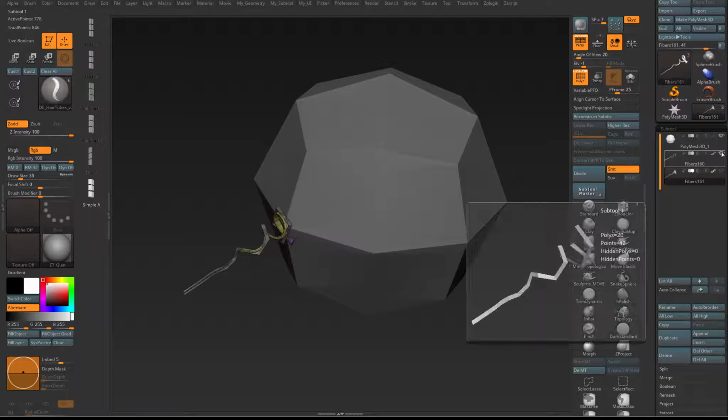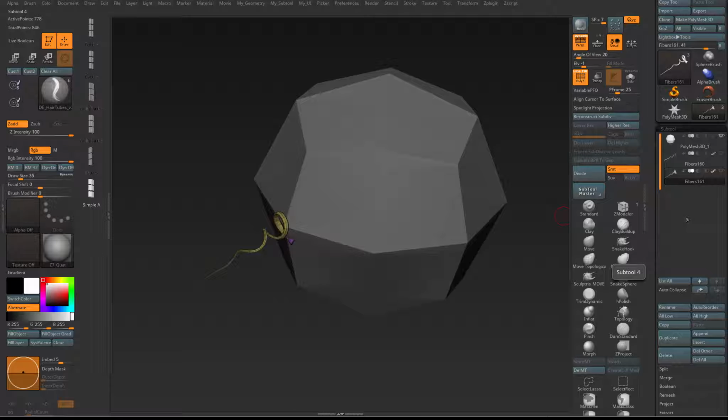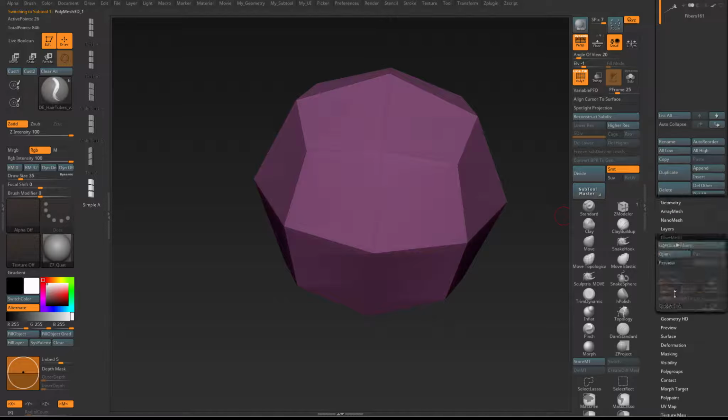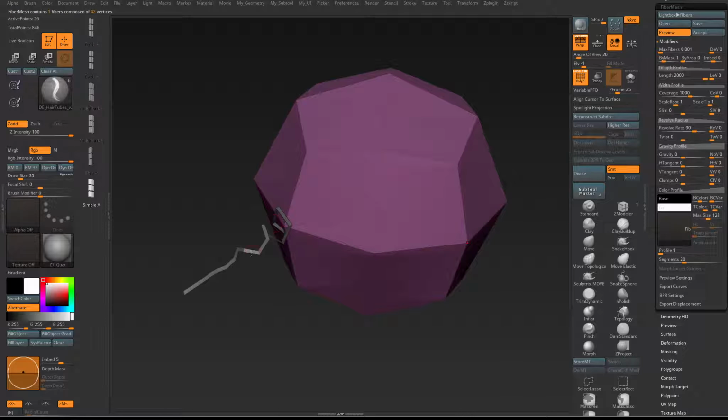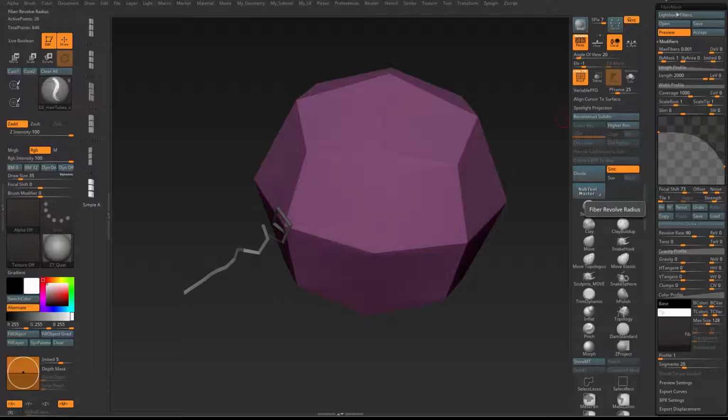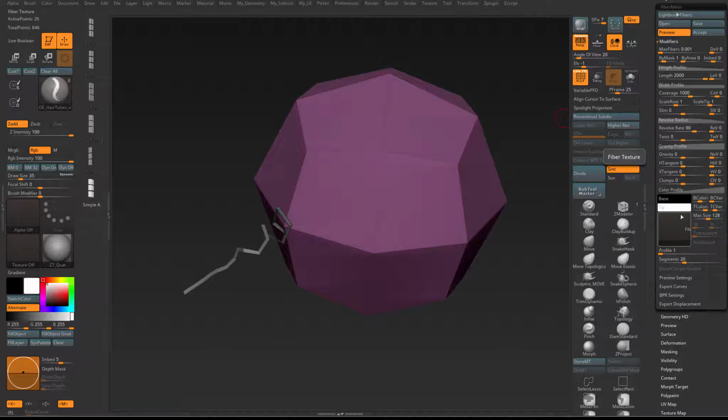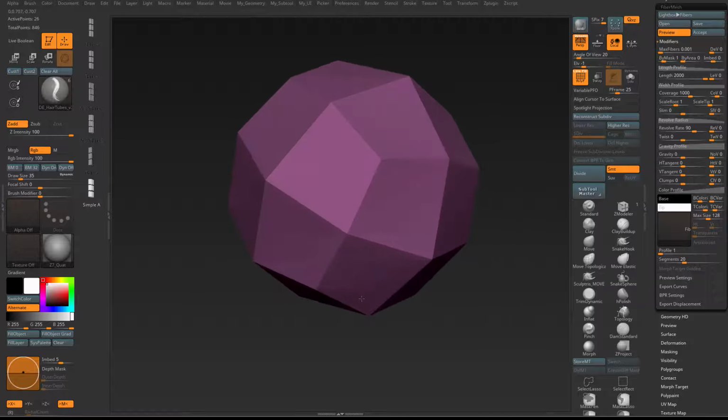So I'm going to hide these and select my sphere and go to fiber mesh. When I press preview, I get a single strand, as you can see. Now I have initialized this already, so I have adjusted the length profile. I have set the length to max 2000, and the coverage to 1000. I've also given it some revolve of 90, and I also have adjusted the revolve curve and the revolve radius, and that is my